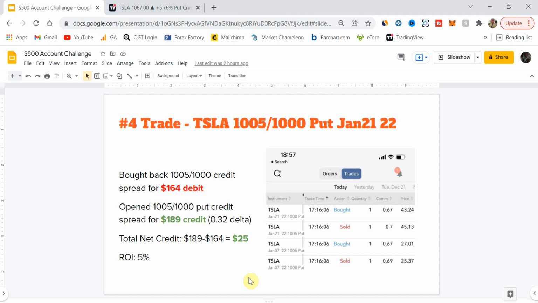So this is the first time I think I've picked the same strike price as before. All I've done is push it out by a couple of weeks, and pushing out by a couple of weeks gives you more theta, or time value, as theta is one of the option Greeks. And that $25 is pretty much time value, or extrinsic value as it's called, that I've collected through this particular option. So again, I've not made as much as I did on the previous trades, and this is because